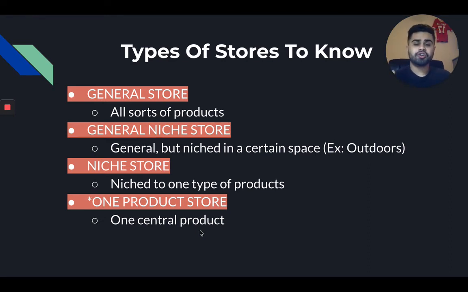If you guys are just starting out, I would recommend starting in the general niche store or niche store space, so you have a little bit more comfort, especially because if you're new in the space, you might not be as adept at doing product research and validation, in terms of which product is selling and which product is not selling. So that's something that you guys can start out with. If you guys already have some experience, definitely look into the one product store model, right? I think it's very, very effective, and that's something I've been starting to focus on way more.